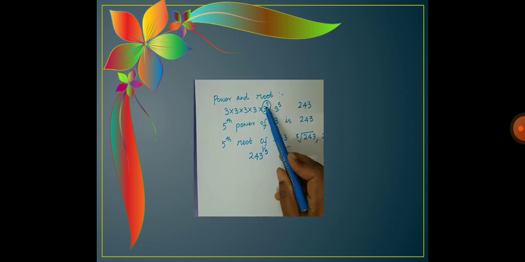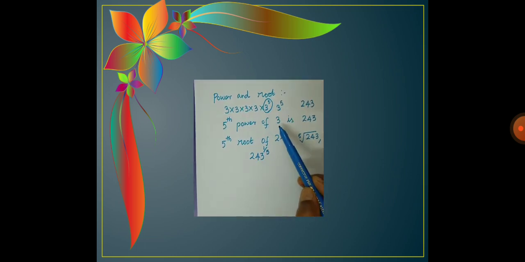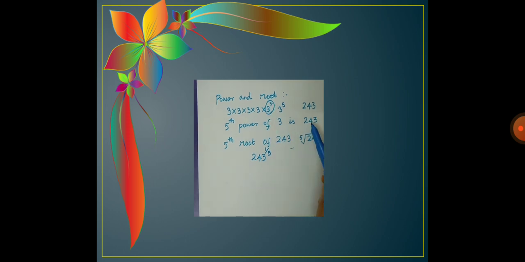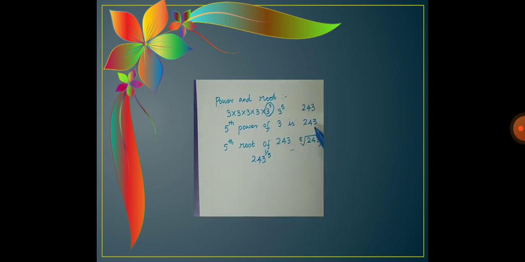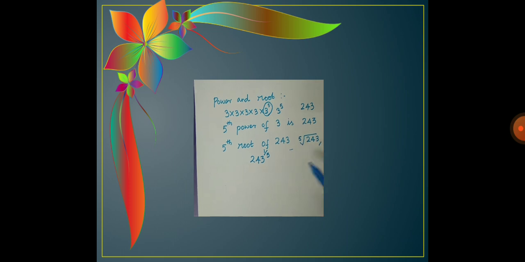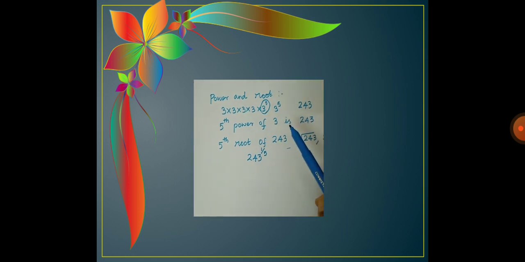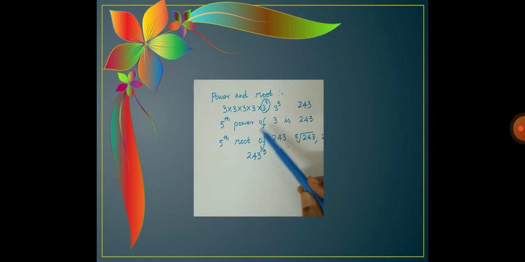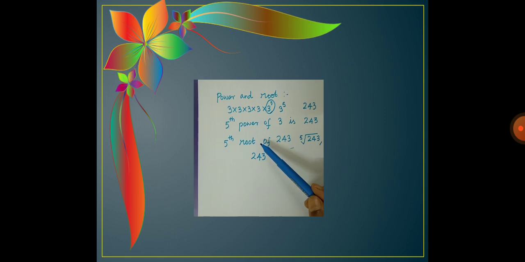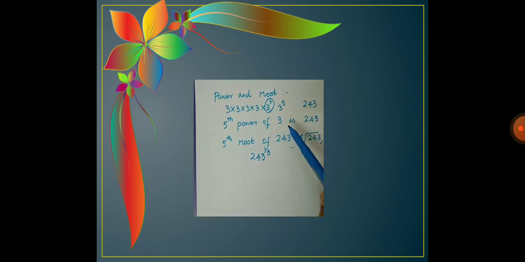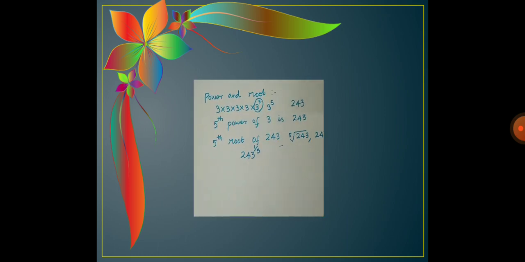So you understood what is the power and what is the root? The fifth power of 3 is 243. What is the fifth root of 243? You have to write it like this. Is it clear to you now? So this is how we will write the power and the root of a number, which is m and n. Basically it is represented as m as a power and n as the root. Now you understood how to identify the power and the root and to write the root of a number. Okay.